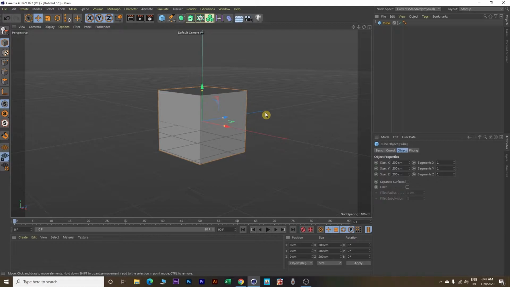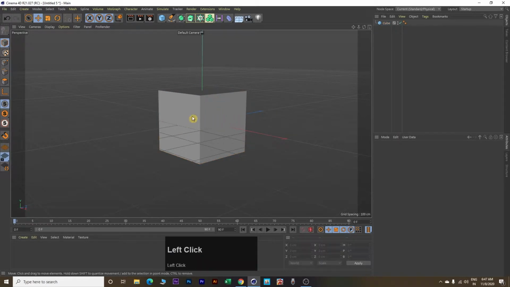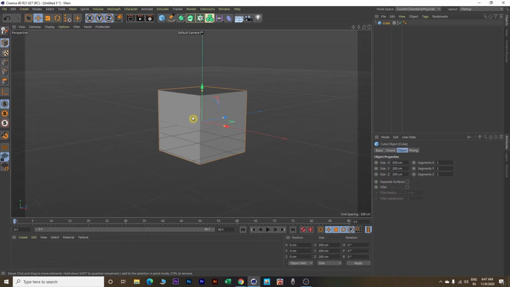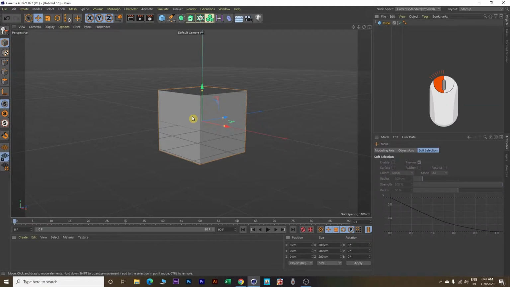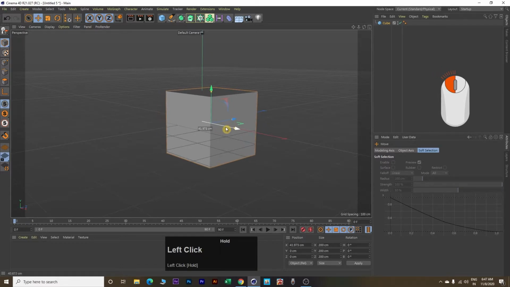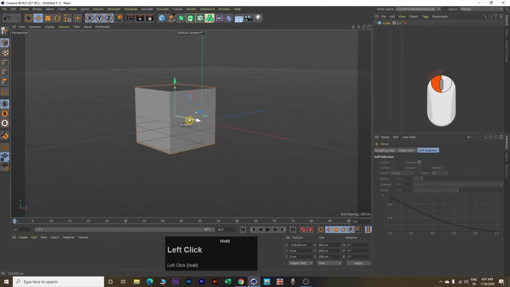Now before using the shortcut keys to modify, make sure that you will select your object first. Now click E on your keyboard and then click and hold left mouse button on one of the three arrows. And at the same time, move your mouse either left or right.